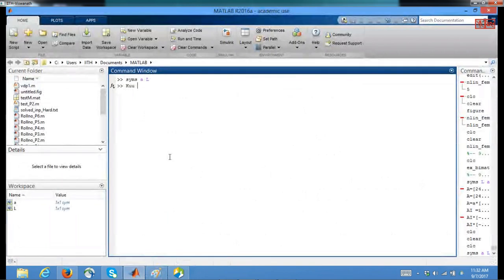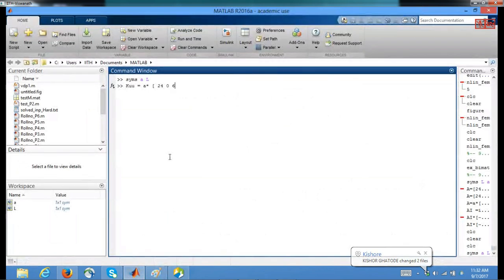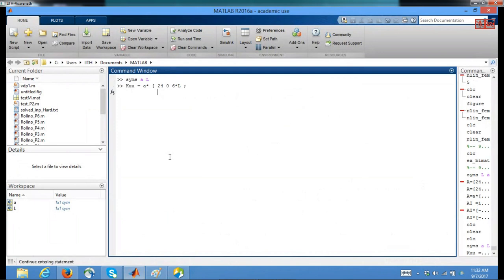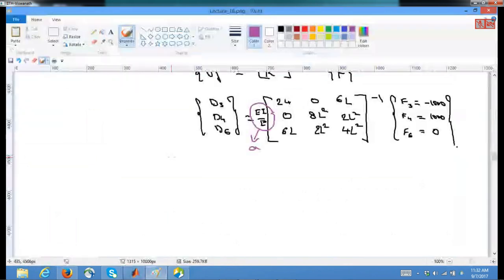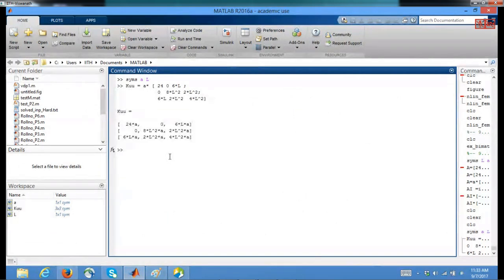So KUU is equal to A star 24, 0, 6L, and 0, 8L square, and 2L square, and 6L to KUU. Now I need the inverse of